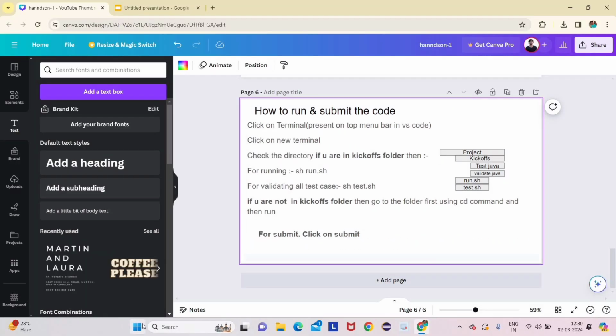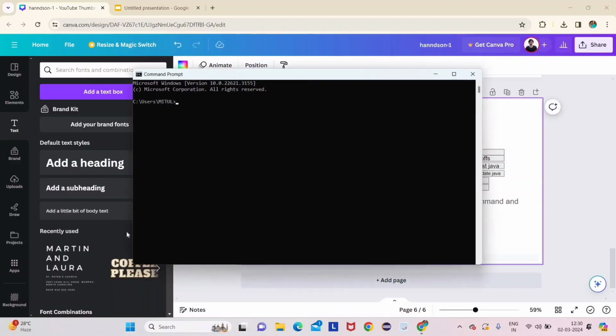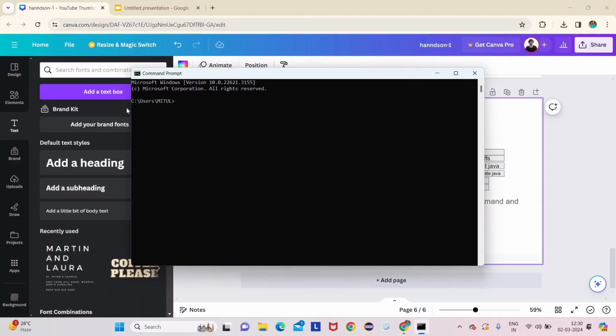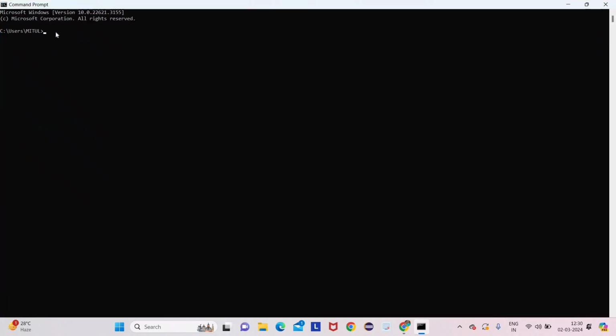Okay, so now I am just showing you a dummy terminal. Suppose for me, one test case, like the run test case, and other things are present in the documents folder. But I am not in documents as of now, you are seeing. But as an example, I am just taking that my test case will run in the documents folder. So I will go to the documents folder. We have to write cd space, and then write documents,